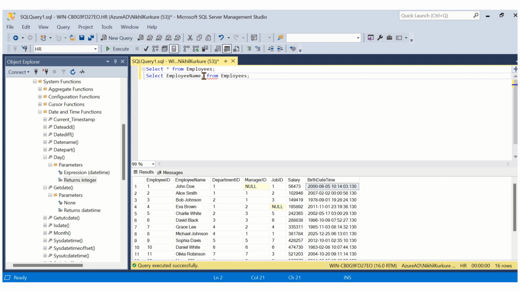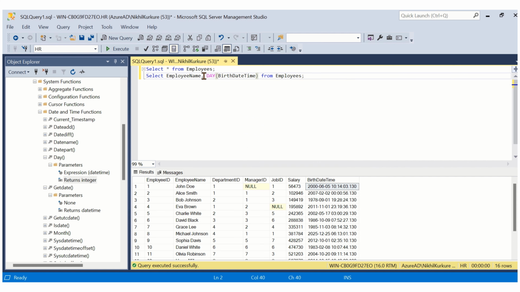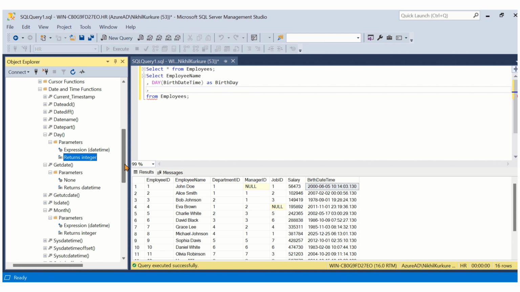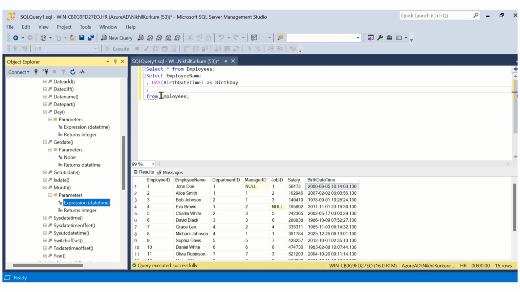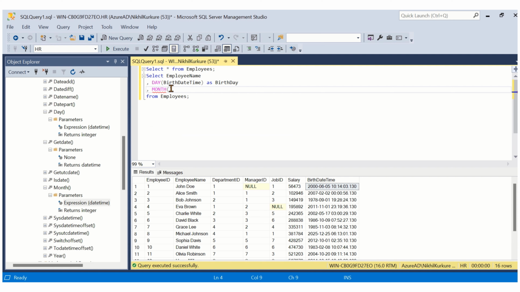So I will use the function DAY and pass the parameter as birth date time. This will be my birth day. Now let me align this query. Similarly, I have to write the month. What is the function for month? We have this MONTH function. Again I will use the same, only I will change the function name,